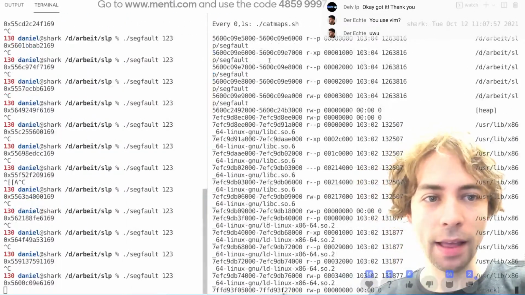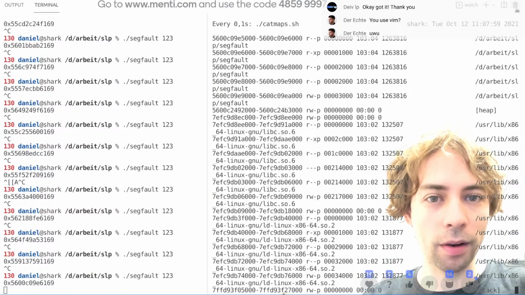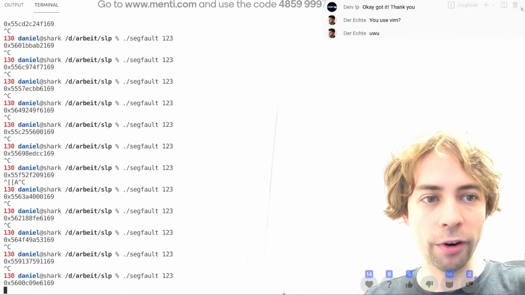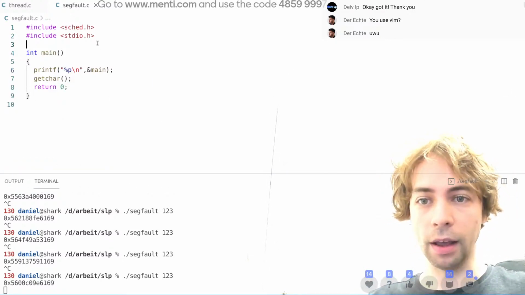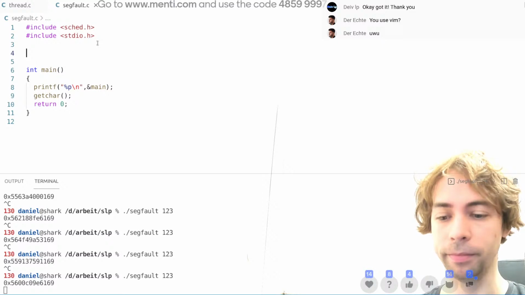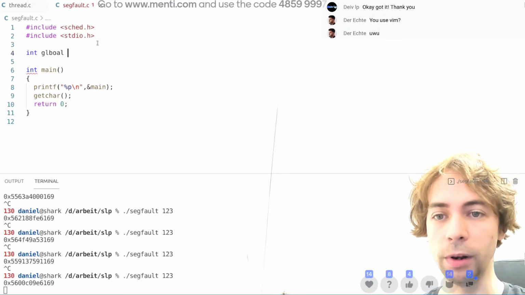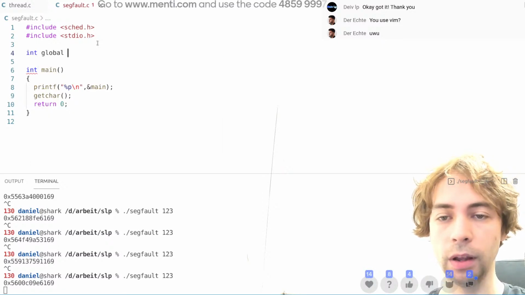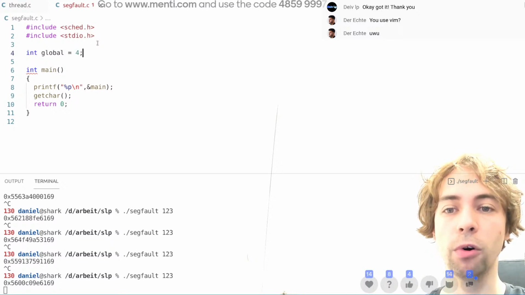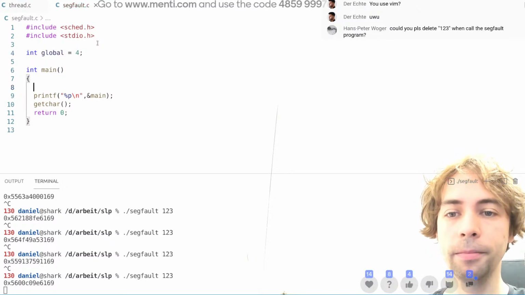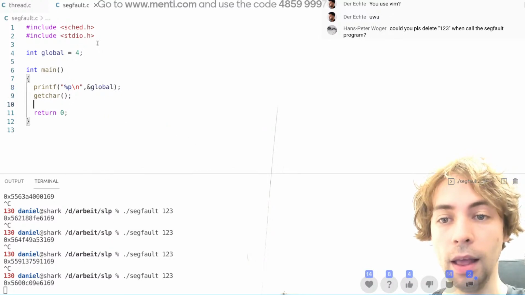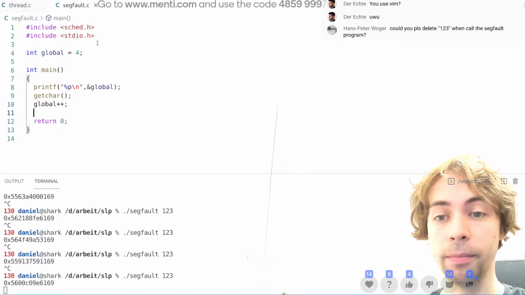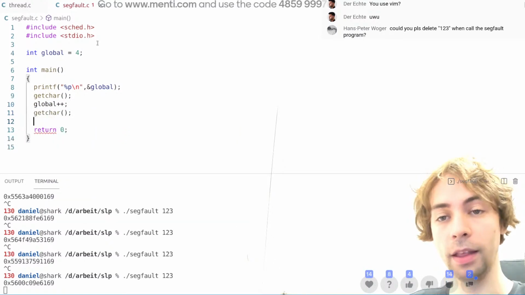They point into RAM. So maybe let me close this terminal for a second. I want to try something out. I have a global variable here. Int global, and I initialize it to a value of 4. Then I will print the address of the global variable, and then I will increment the global variable, get character, and